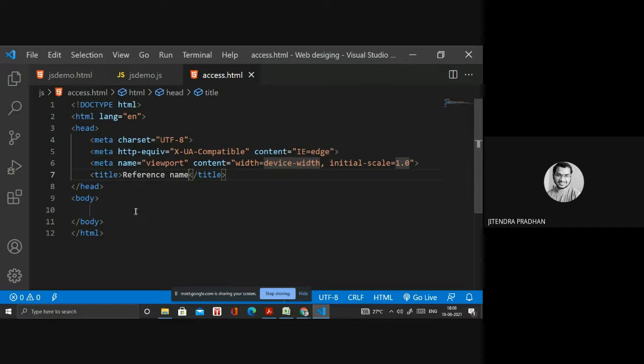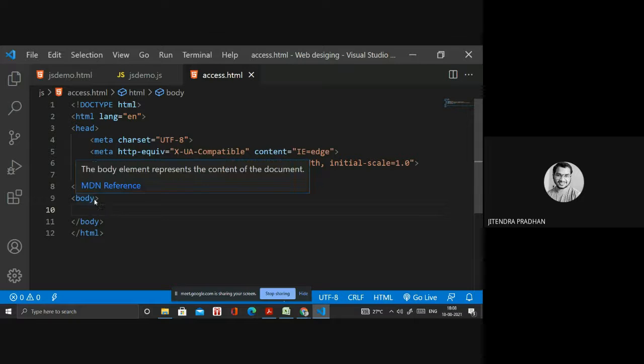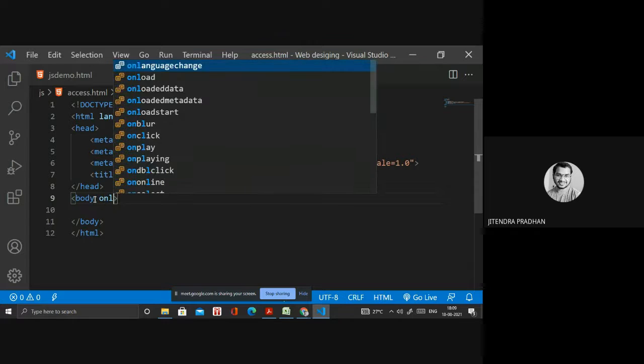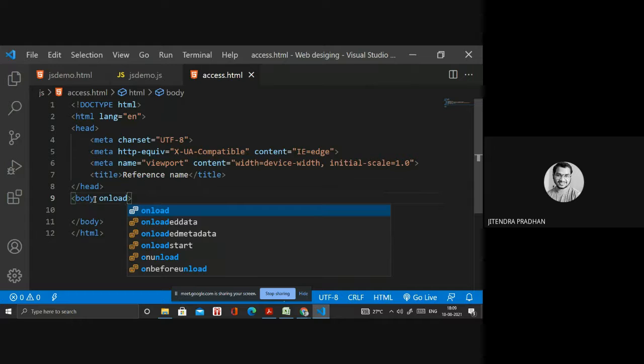Done. So next thing I require in the body section, I have to write an event, like onload. When the page is loaded, at that time I need it, I won't show that particular image.